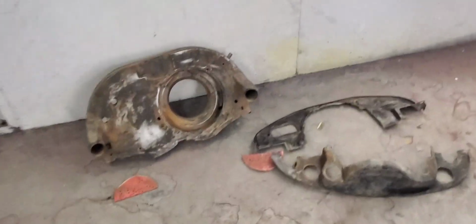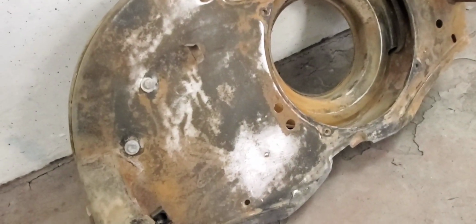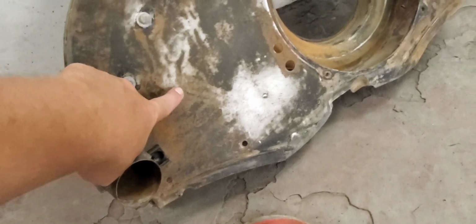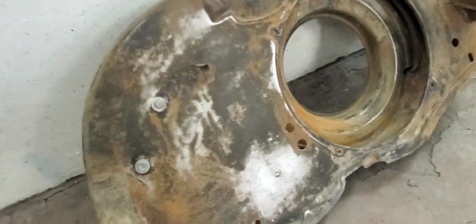So what I did with the parts was I sprayed a rust remover, and then not an inhibitor, and then you have to hose it down and then try to blow it off. So we have a little bit of surface rust, but it'll come right off. And then what we'll do,